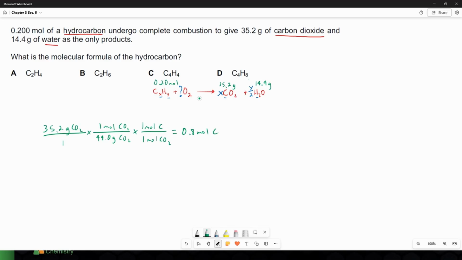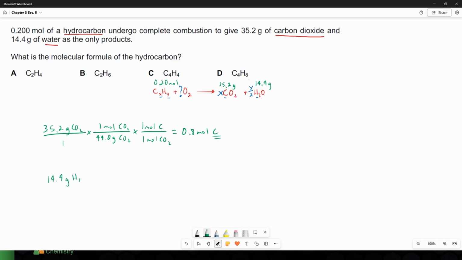Why is that important? This is important because where did all of these 0.8 moles of carbon come from? They all came from these 0.2 moles of the hydrocarbon. That is the only place carbon could have come from. If we do the same thing with hydrogen, we have